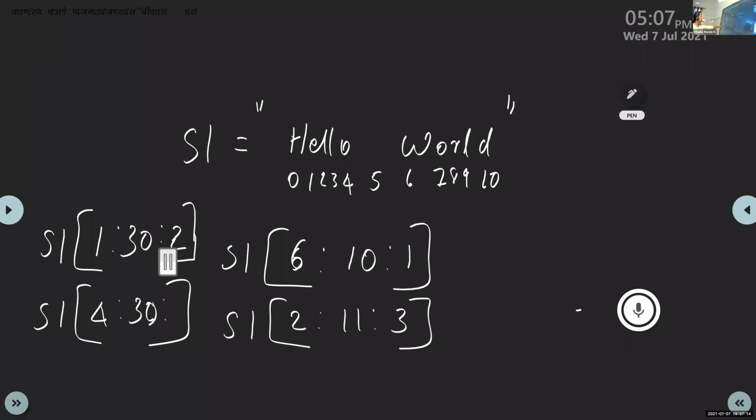So here the stop value, just listen. Here the stop value is 30, but our maximum value is 10. So it will just check, it will not consider this 30. It will just consider the last value. If the stop value is greater than the last value, it will consider just the last value.